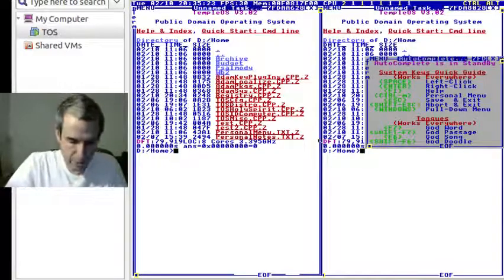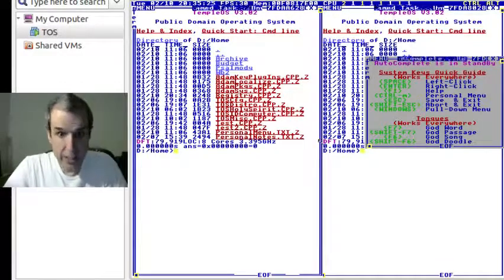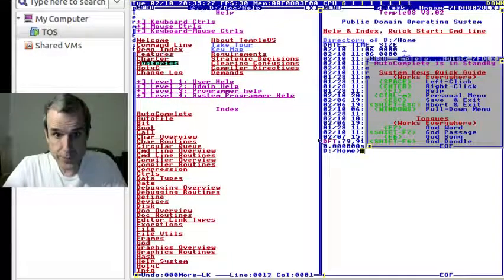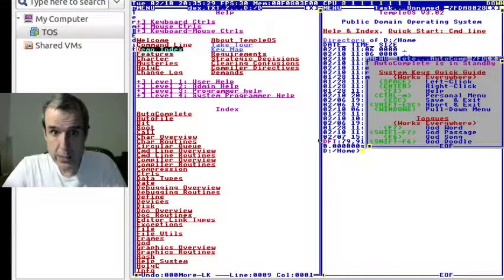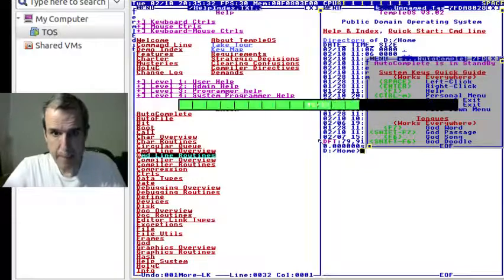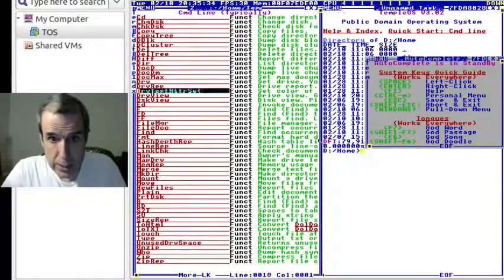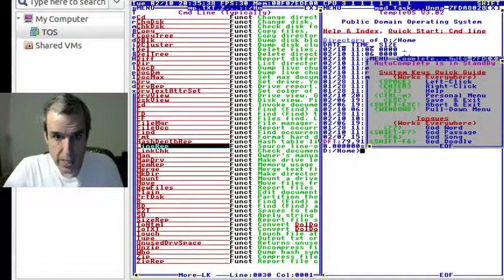Okay, I'm going to continue talking about the command line. So F1, so line rep,